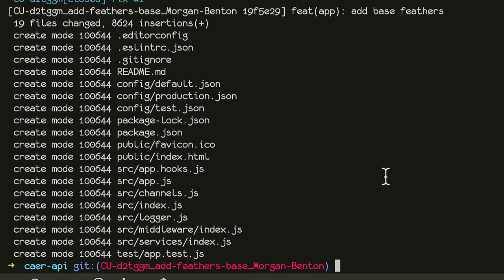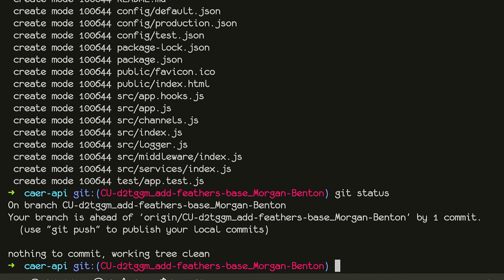If I type git status, you'll see that I'm on the add feathers base branch, and my branch is ahead of the remote branch by 1 commit, but I've got nothing to commit. My working tree is clean. So once you've finished making all the changes and you tested them and you know they work, you've used commitizen to do your commit messages,